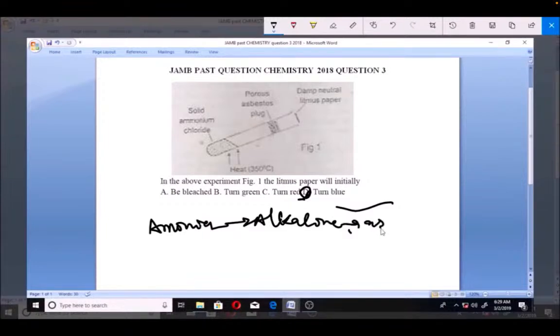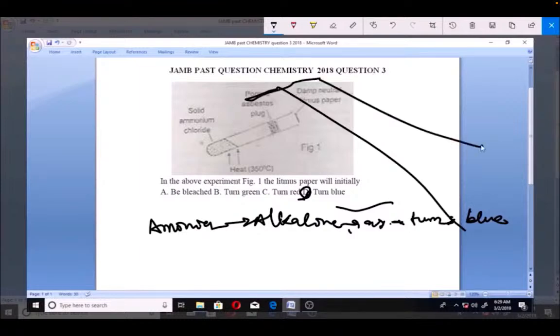And what does alkaline do to a litmus paper? It turns red litmus to blue. So that's what will happen. So that is why D is the answer to this. So in this, basically we need to know what is going to form. When we look at this sketch very well, we are going to find out that